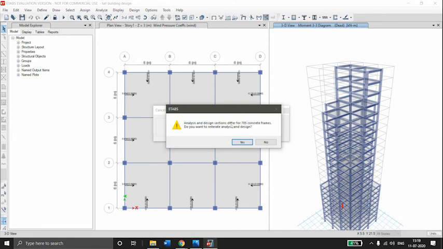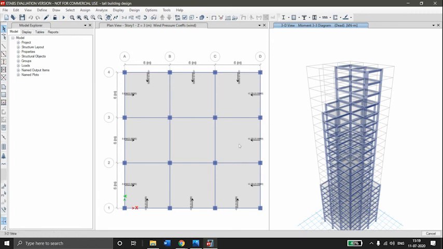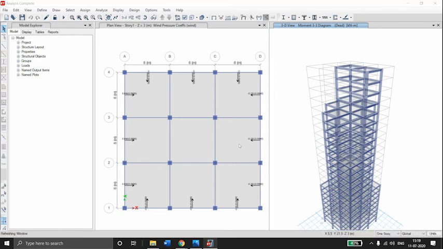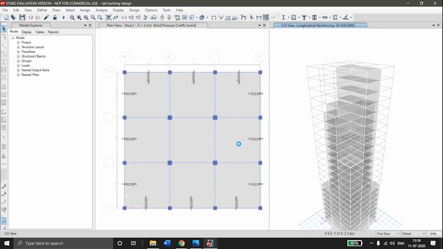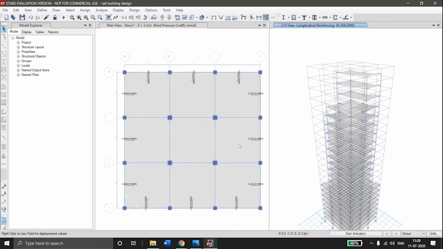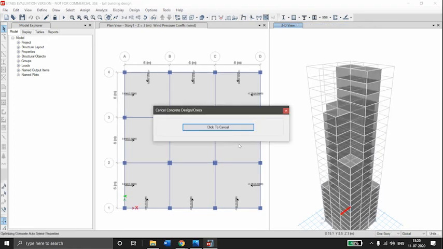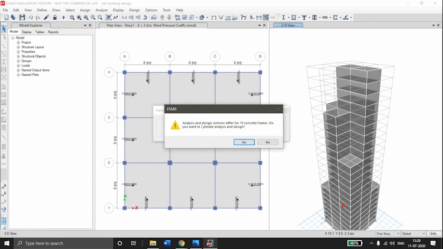The analysis and design sections for 705 concrete members are different. So click on yes. Again, reiterate the design for 10 failed concrete members.